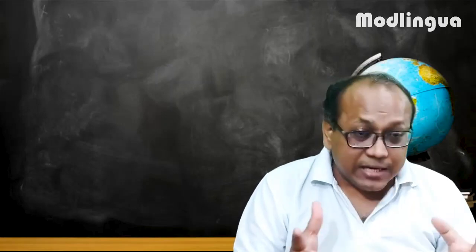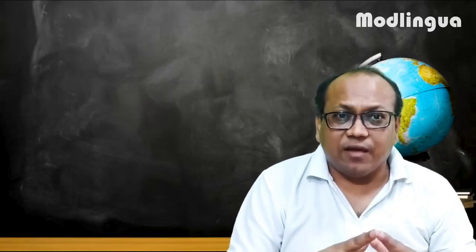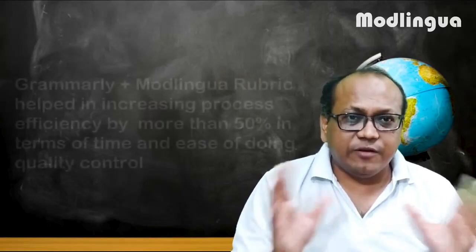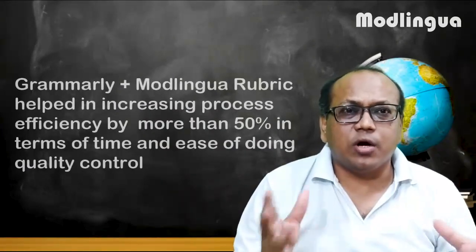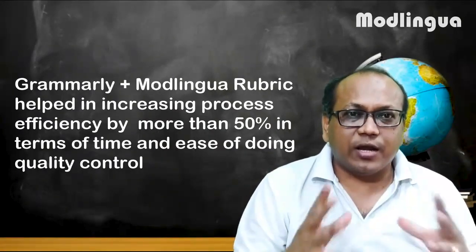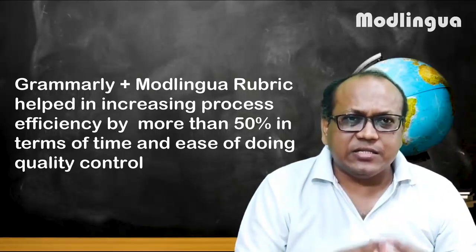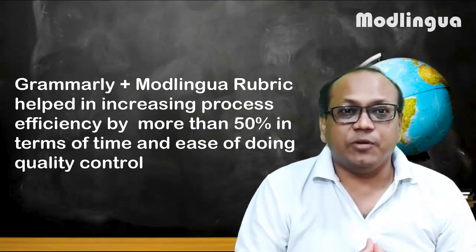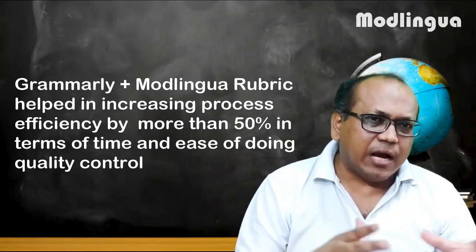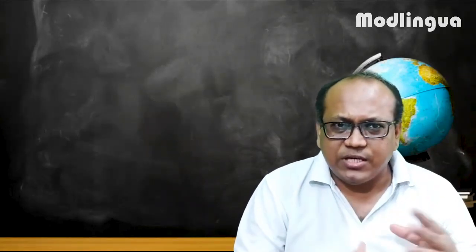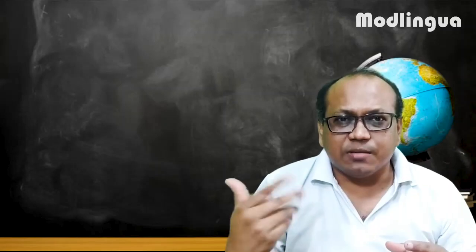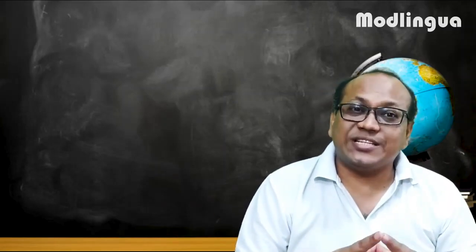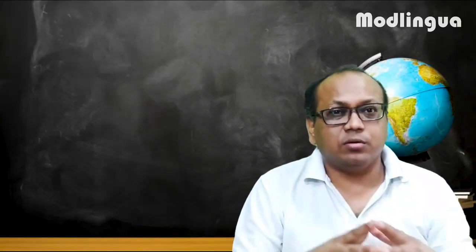We added some more to define whether, if we use them, we are able to do betterment in our process or not. And luckily we were surprised that we were able to save, let's say if there is a project that involves 1500 hours and we deploy this process that is called the Modlingua rubric into our system, we are able to effectively increase the efficiency of the process and speed up the work by 50%. 20% I will attribute to better understanding of these errors like omissions, submissions, sentence pattern, grammar, etc. Plus 30% improvement has taken place when we deployed Grammarly.